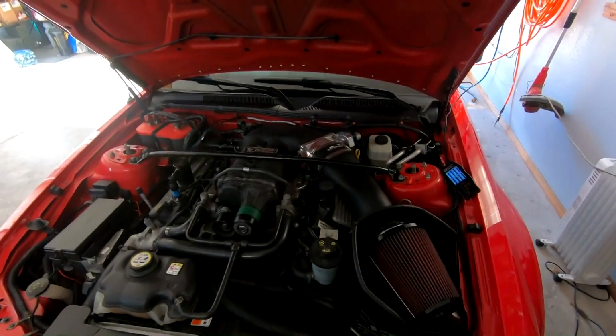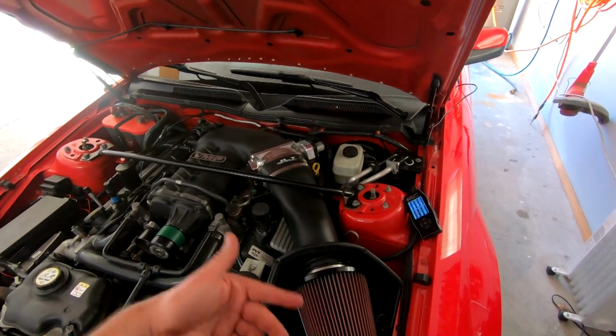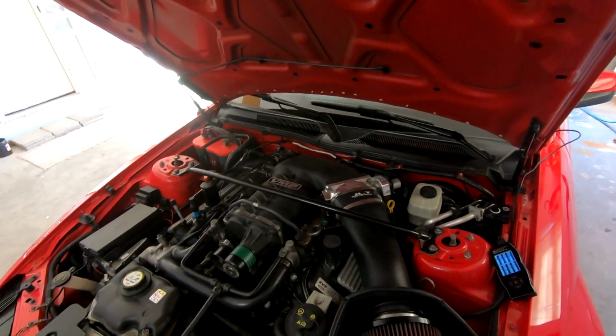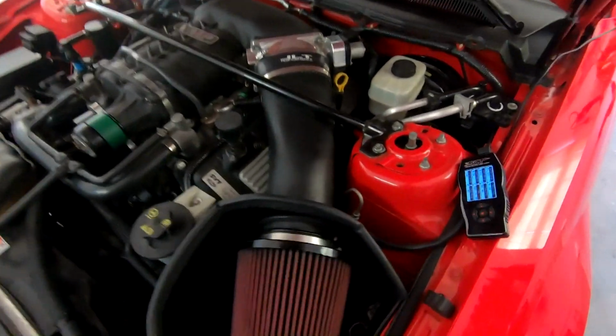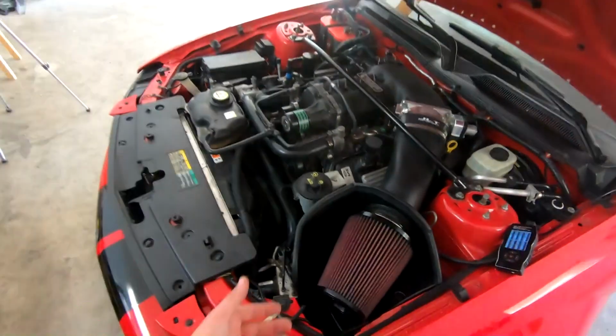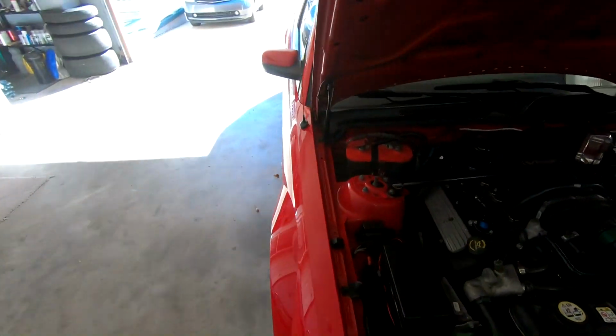All right, so I'm gonna try and talk over this, but I went ahead and did the math for the reset real quick. And sorry, I went ahead and did the cam reset, and it seems to be idling fine. Nothing looking weird, but that header right there, you guys can't see it, maybe you can, but it definitely had a red tint to it. That means, in my opinion, I'm pretty sure it's running super lean and hot. So